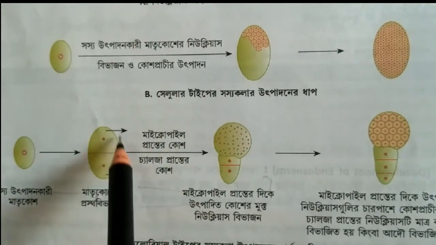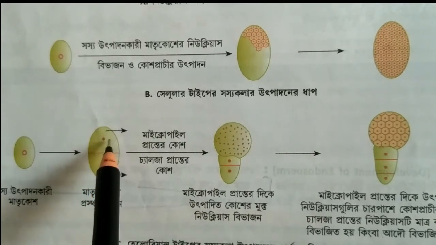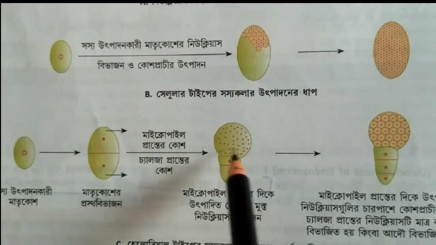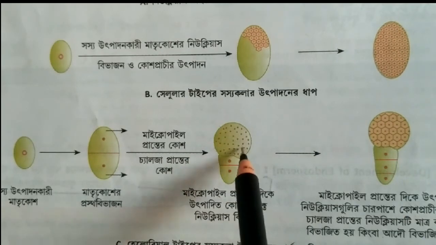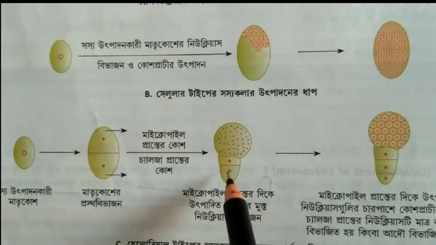After that we come to helobial endosperm. Here is a triploid cell or endosperm. This is first divided horizontally. The upper part is the micropylar part and the lower part is the chalazal part. The micropylar part is divided just like cellular endosperm. The nucleus is divided but it is not covered with a cell wall properly, and the chalazal cell is divided